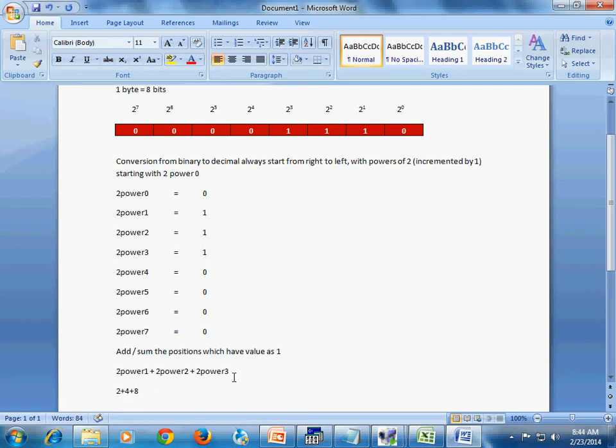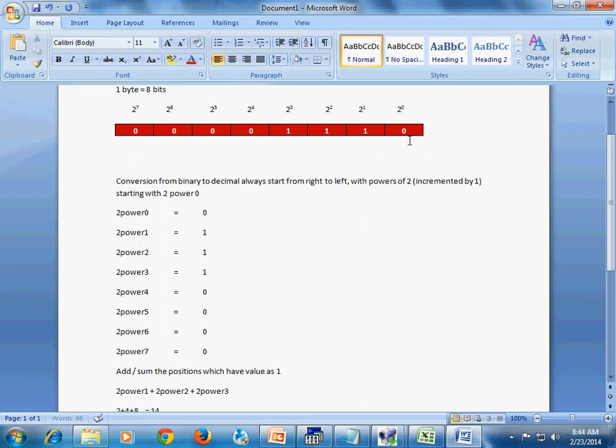So the sum is 8 plus 4 plus 2, which is 14. So the binary value 0 0 0 0 1 1 1 0 is equal to the decimal number 14.